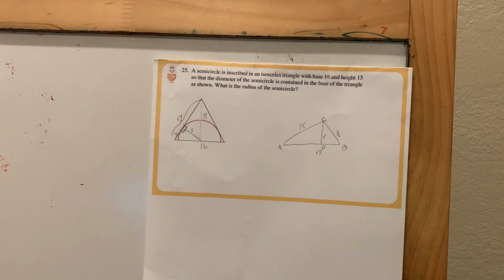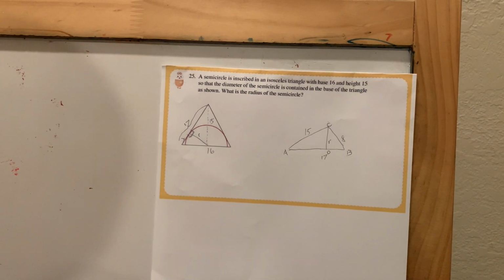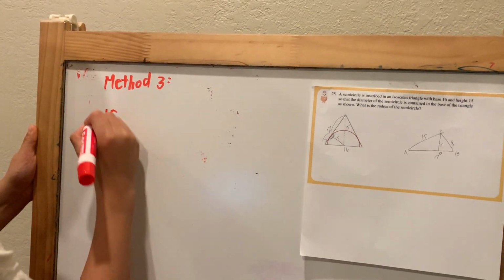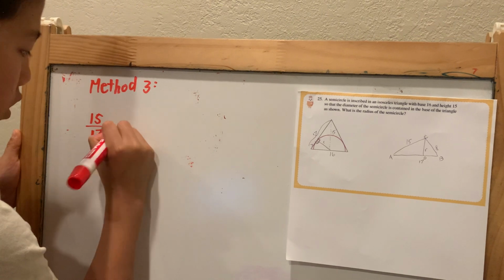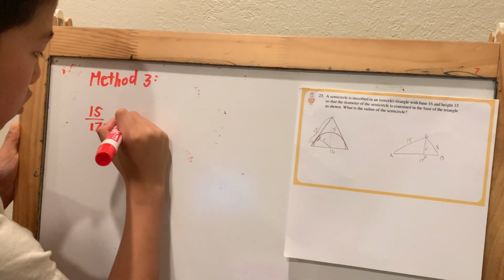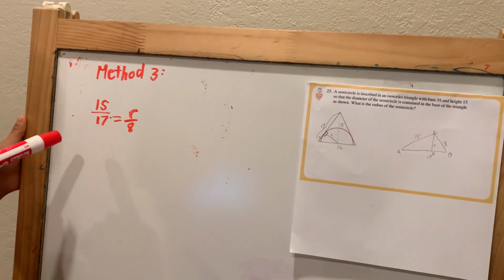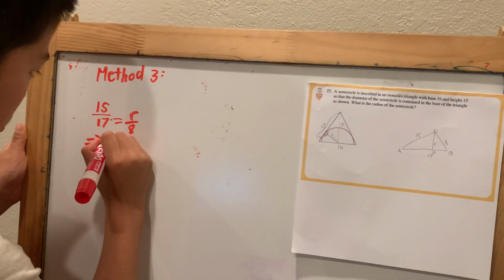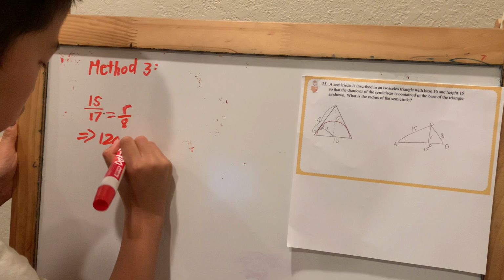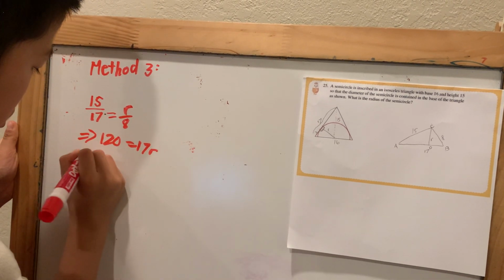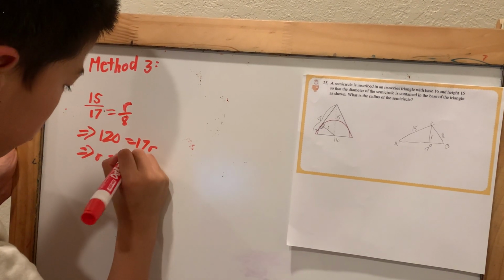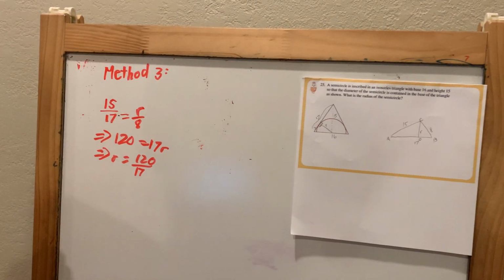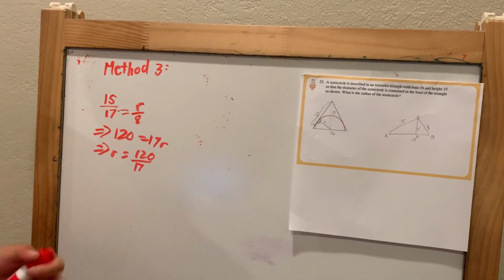So, we get that 15 over 17 equals r over a. That's all we need to know here, which means that 120 equals 17r, which means that r equals 120 over 17. And that's